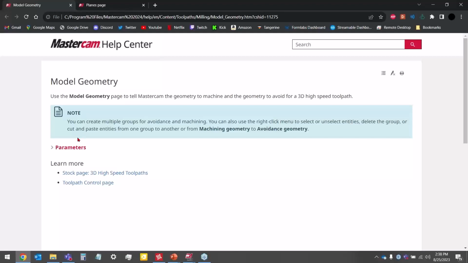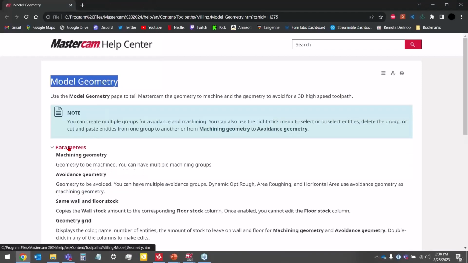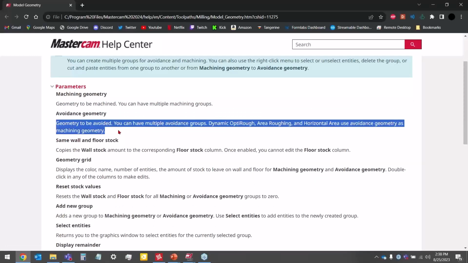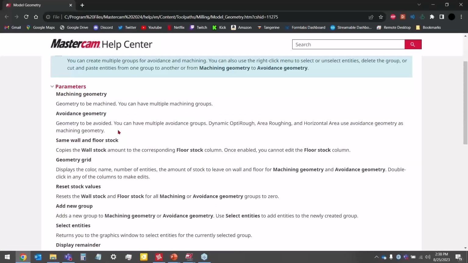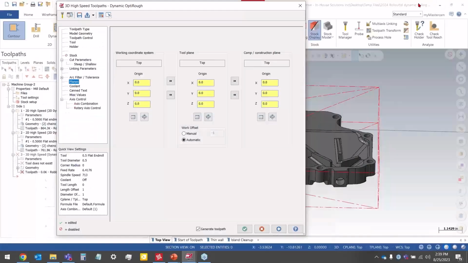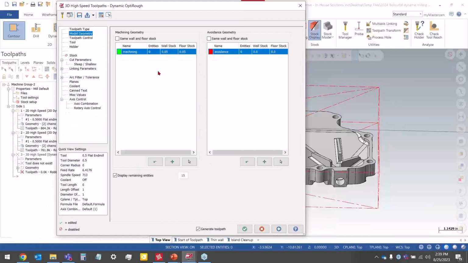Yeah, exactly. So what I'll do here, I'm looking at the model geometry, and if I click this drop down for parameters, you can read here the information about avoidance geometry. The interesting part here is that dynamic OptiRough, area roughing, and horizontal area use avoidance geometry as machining geometry. So what that means is there really isn't much of a distinction between these two pages in terms of those